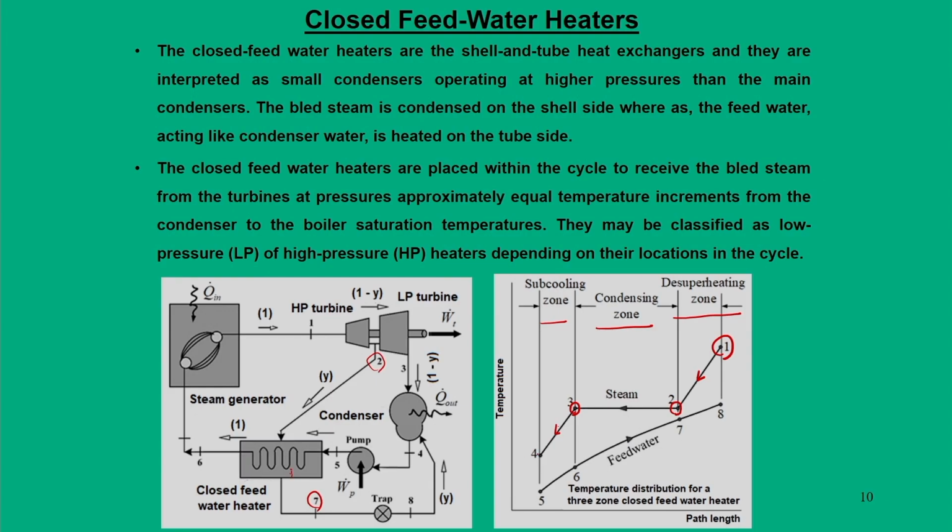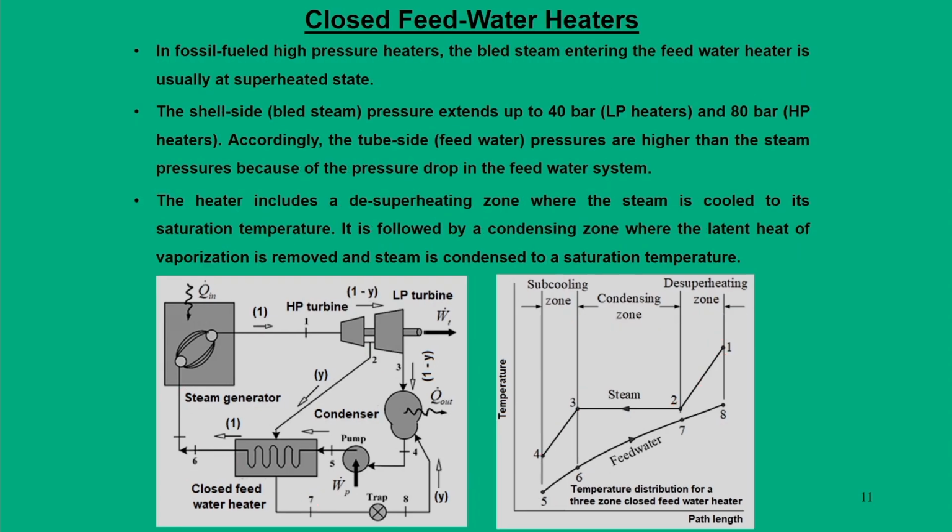So, basically speaking, the steam follows a reverse path of what is normally done in a reheater or boiler unit, and through this process the feed water temperature is sequentially increased from 5, 6, 7 and 8. So, this concept is similar to a condenser, but its role is completely different from that of a condenser. Here the role of the feed water system is to supply the necessary heat for the water to reach the boiler pressure. Then there are some words that are used, that is, shell side stream is called bleed